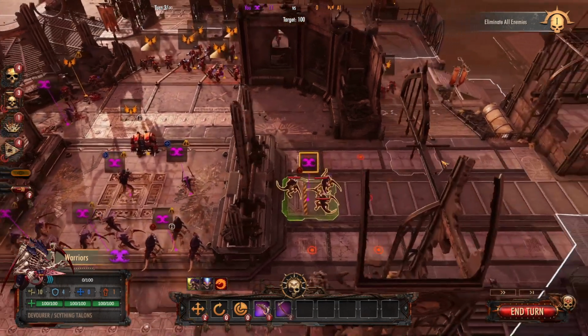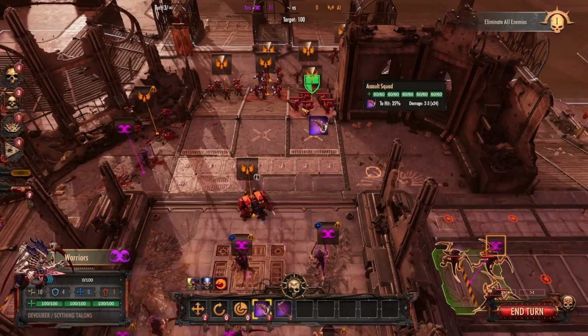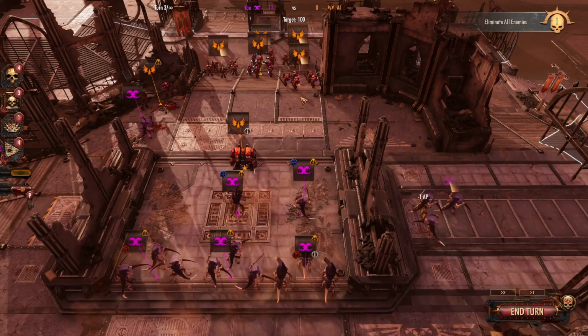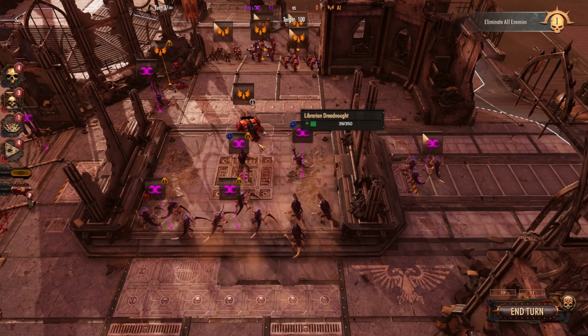Is there anybody on this side? No. So you can only go at like... Wow, this is so bad. I think I might actually just go for Overwatch. Like if they move closer to me, then we'll hit them. So let's just use the hive guard first and just finish off this